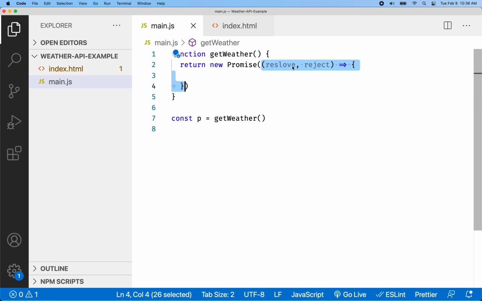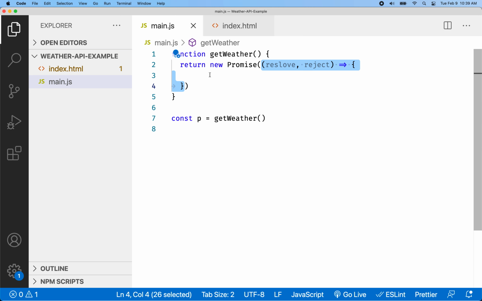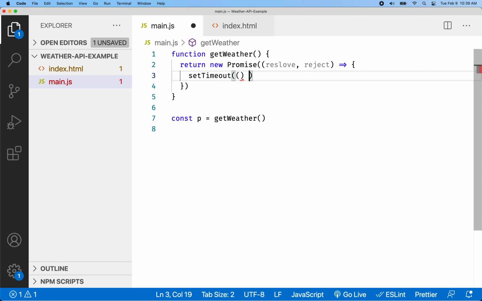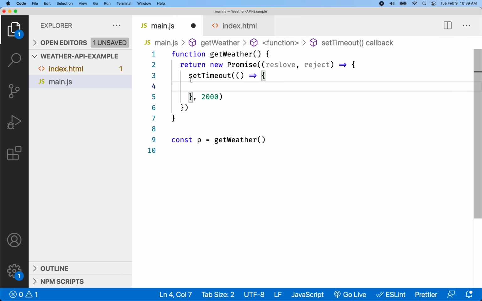So it has to have a promise, or it has to have a function, a callback inside promise as a parameter, and then that callback takes two parameters, resolve and reject. Okay. And then over here, if we call getWeather, what we get is a new promise in the variable P. Okay, so let's imagine that our weather data, we're going to do setTimeout, and setTimeout is going to take some kind of callback here, and it's going to wait